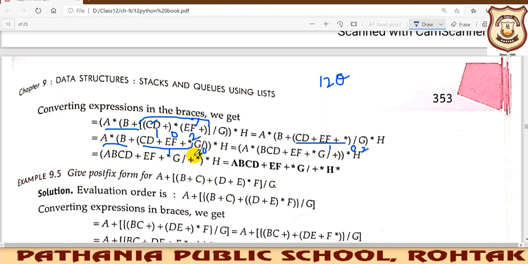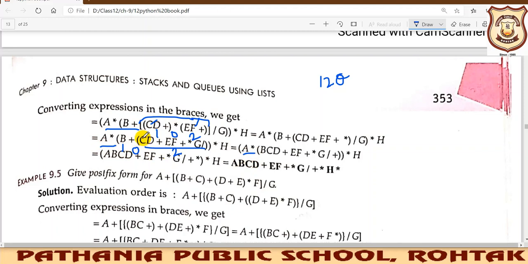Fine. Now what you will solve? Now you will take this as 1 together and you will attach it with B. Now beta, you need to pay attention. This is something different that you have never done before. So kindly pay attention in a better way. We will be considering this as 1, meaning this is operand 2, this is our operand 1 and this is our operator. So A star will be written as it is.